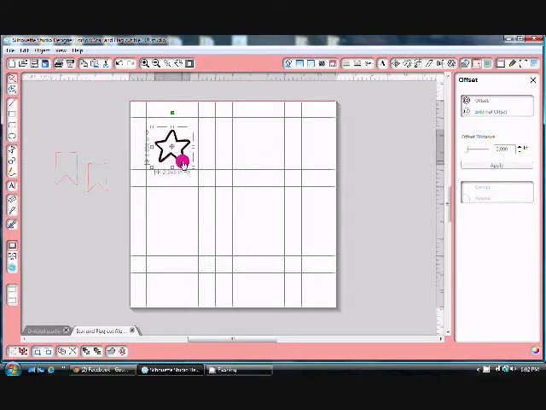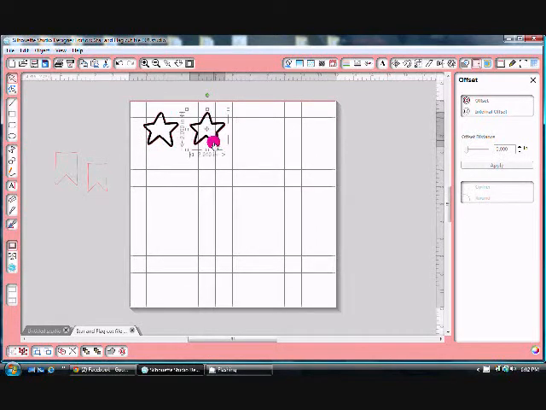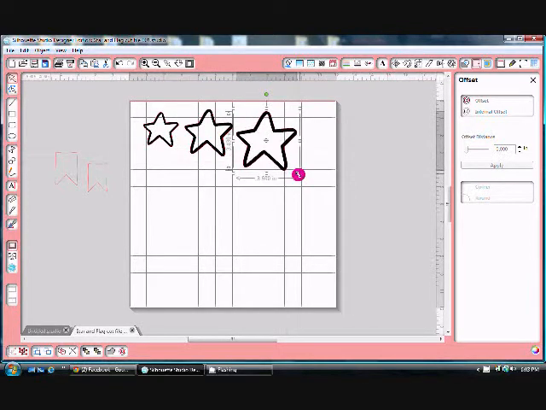bigger. So what you can do is say, I want this one small, and then I right click copy, right click paste. Now I've got two. Now I can make this one slightly bigger. Oops. What's my issue? There we go. So that one's slightly bigger, but it's the exact same star. And then I can do a copy and a paste, and I can make this one slightly bigger than that one. But that way they're the exact same star, and